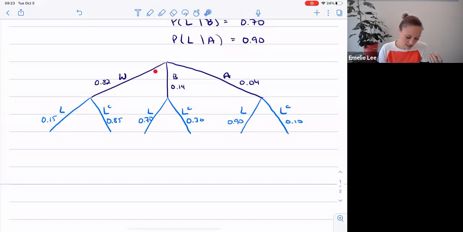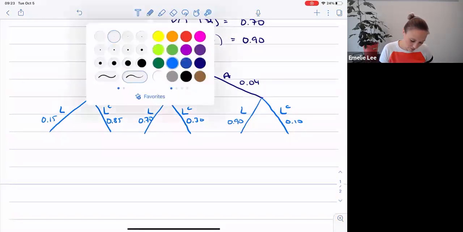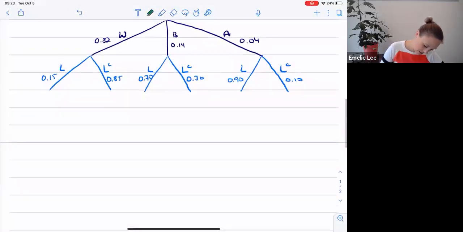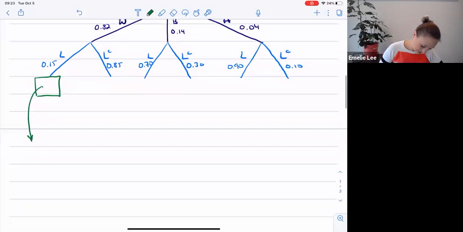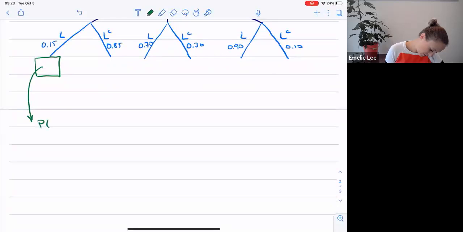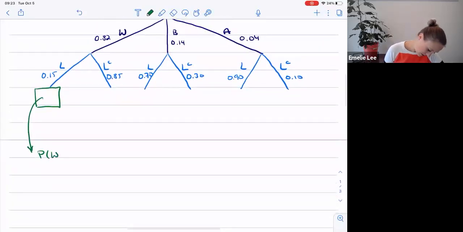So we can find the probabilities of ending up at the end of each of these branches, right? And so what we can say is we can find these probabilities, and I'm just going to focus on this branch here. And there's a lot to write, so I can't really write it for each branch, but I'm going to put it on this fresh page here. So the probability of W and L, right? So using that intersection notation here is going to be,